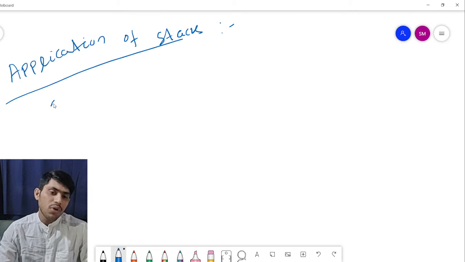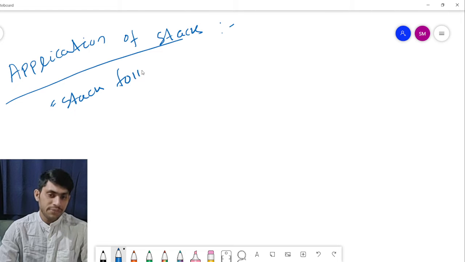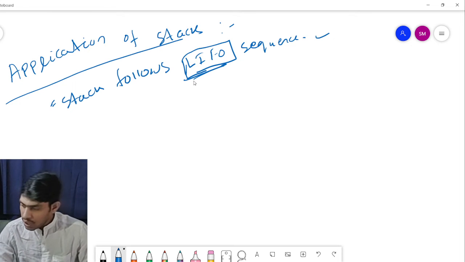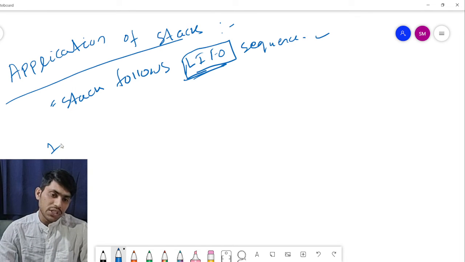Because stack follows LIFO sequence, everyone knows that. So here you will apply which application or which program follows this one. So the first application is